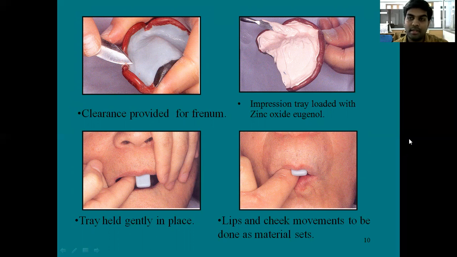So the border molding and secondary impression for mandible will be taken in the next class. So you guys come ready with the theory part. We'll be asking questions in between. It is going to be an interactive session. So be ready and kindly read what is taken today from your textbooks, and also read the mandibular border molding and secondary impressions, which we are going to discuss in the next class. And also these procedures will be definitely demonstrated for you guys in clinics.